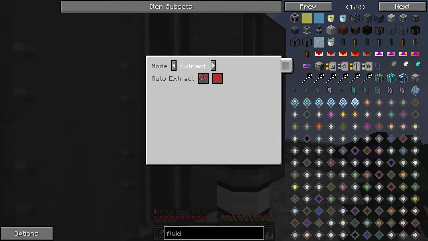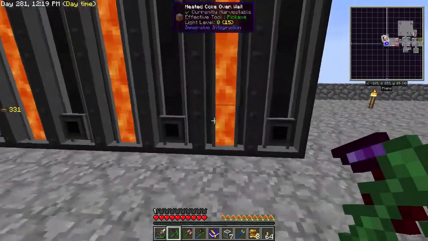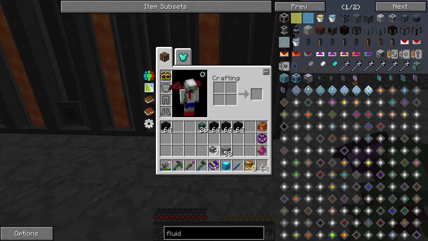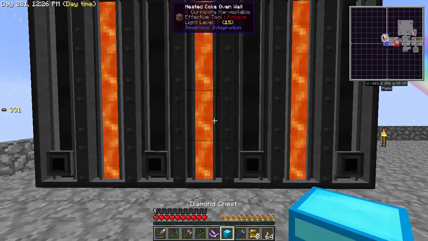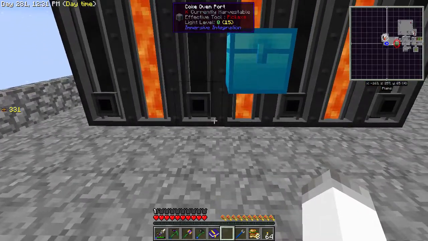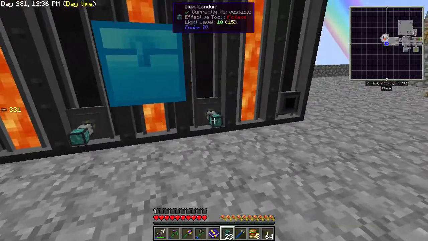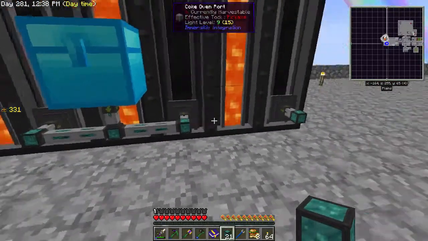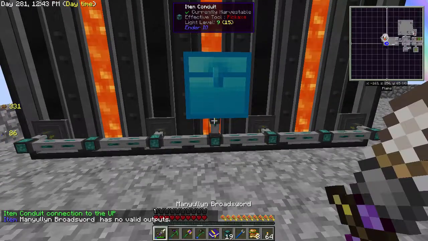Always active. Extract. Insert. And then we're going to do a diamond chest right here. And I think I want to get a filter. I don't know if this will work or not, but we should be able to do this. Actually, we don't need a filter. What we'll do...